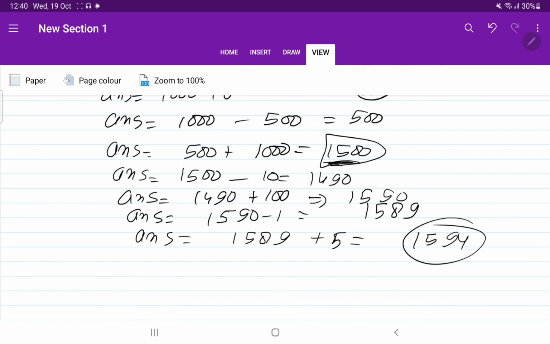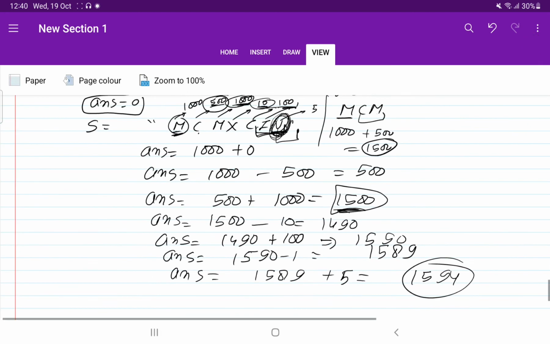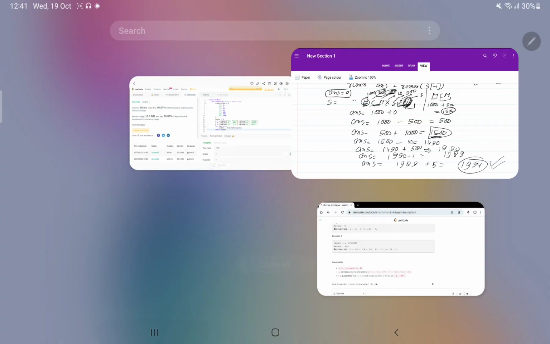Let us see, have we done it correctly or not? So this is M for 1000, then this is 500, then this is X 10. Then C value is not 100, C value is 100... this we have done a mistake. So this value is 500. So it will become 1900, 90, 4. So what was our solution? 1994. So let us check the code.